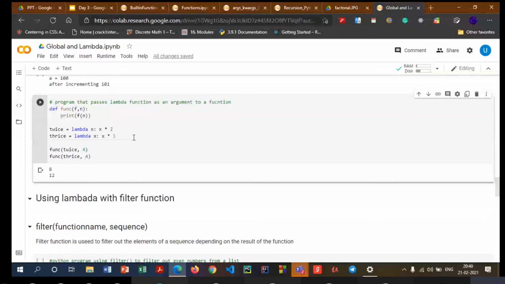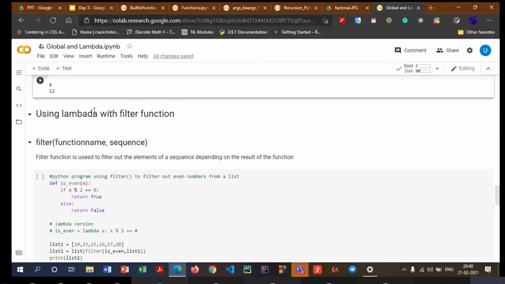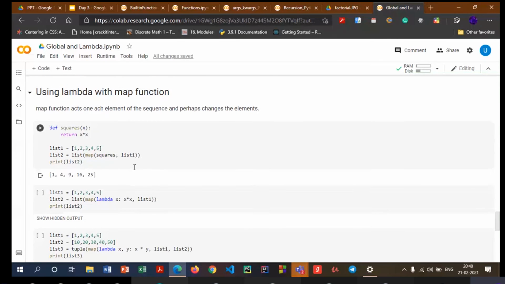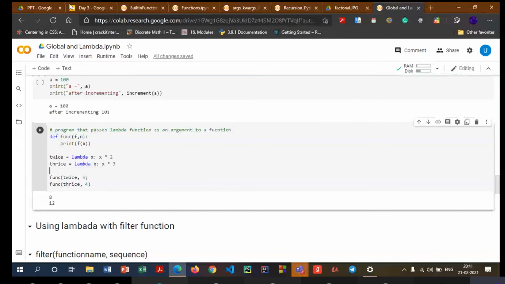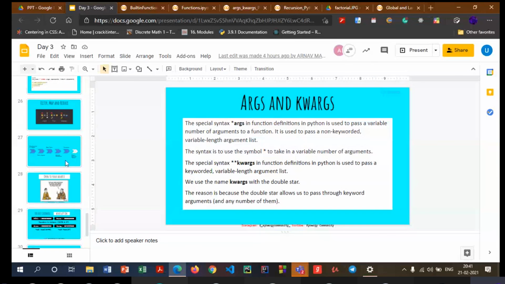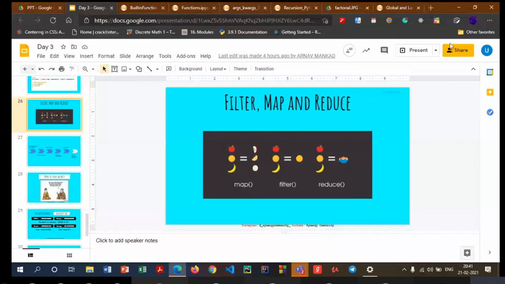Now there are many other functions which are used along with lambda function. These are basically used to shorten the code which you're using. So instead of actually demonstrating it with the code, I leave it to you. What I do is I demonstrate what it actually does. So just have a look at this simple slide.